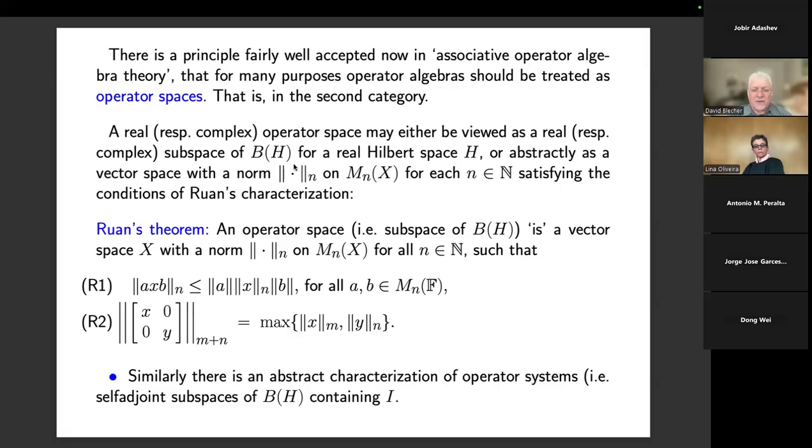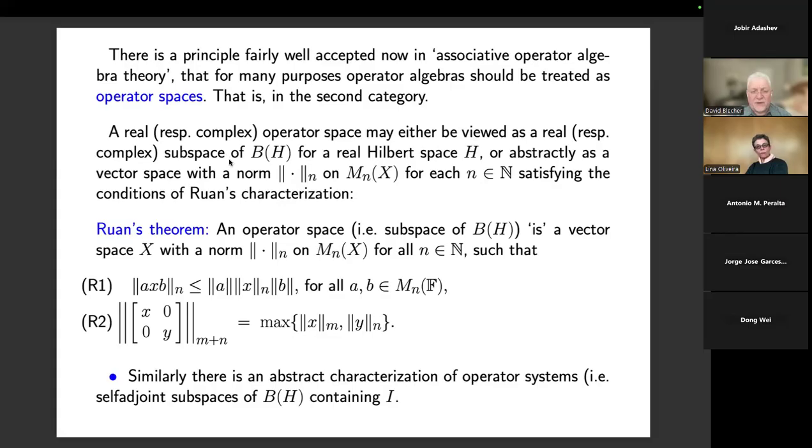So you have to treat them in the second category. For those of you who are not familiar with operator space theory, I will just mention a few things. A real or complex operator space can be looked at in two ways: either as a real or complex subspace of B(H) for a real Hilbert space H. Sorry, this should say real, respectively complex Hilbert space,